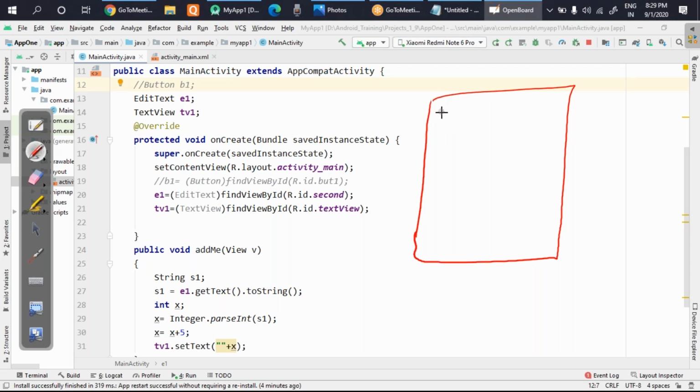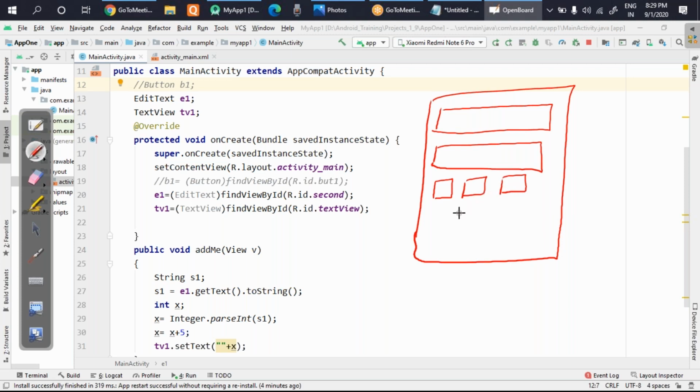So all of you can see here, this project everyone has to do. You will take two edit text, and you will take more than one button. I'm taking 3 buttons. The first button will find the addition, the second button will find the subtraction, the third button let it be multiplication, and the fourth button is doing the job of division. Let's do these jobs, and the output will be shown again on the text view.